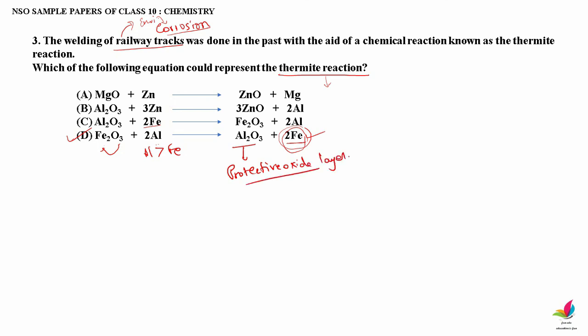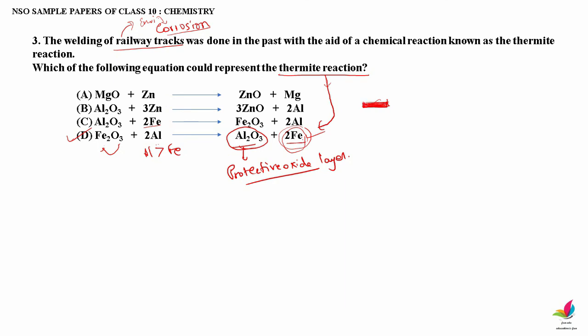So one of the uses of this thermite reaction is that it produces aluminium oxide, which is a protective oxide layer, and also it produces iron. So we have got iron indirectly, not directly, but the use is that when you apply this in the damaged area of the railway track, when you put this iron oxide along with the aluminium, the damaged area will be covered or filled with iron. After the reaction it will be filled with iron.